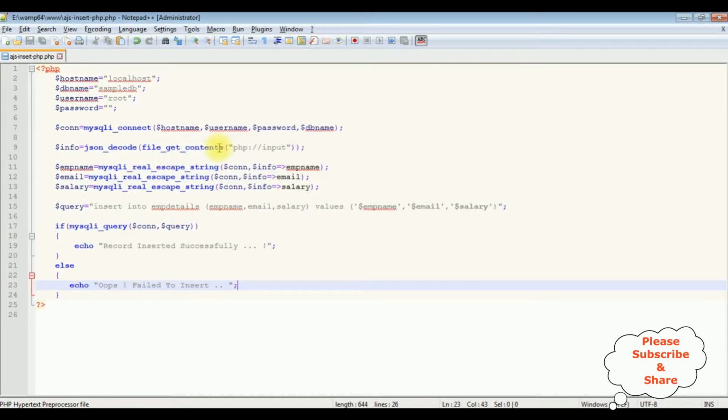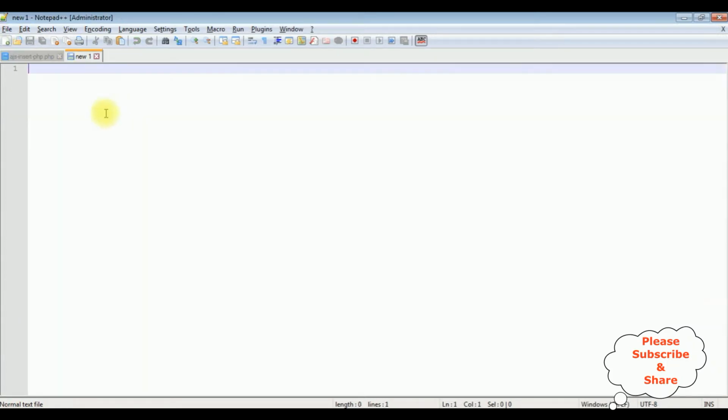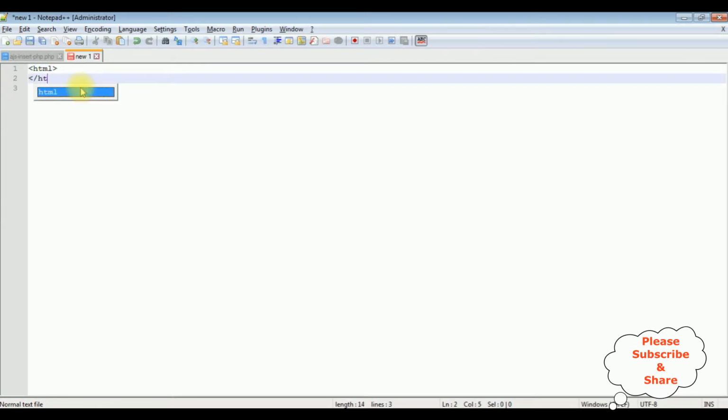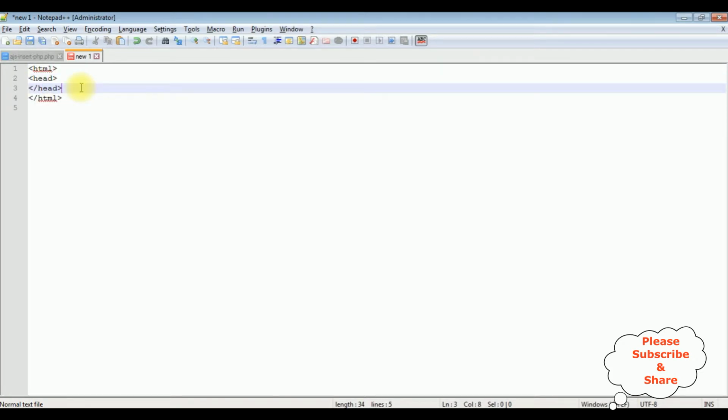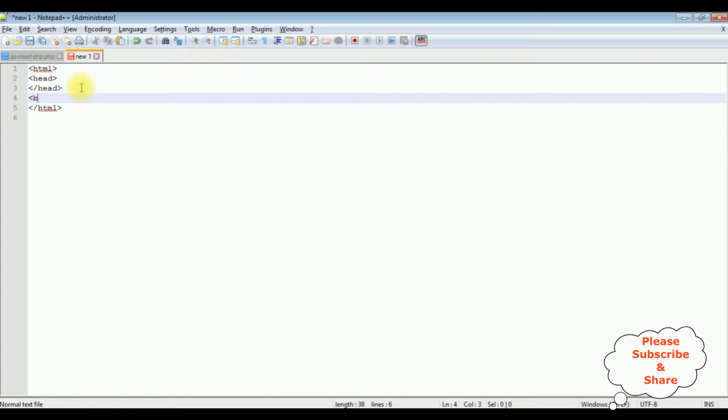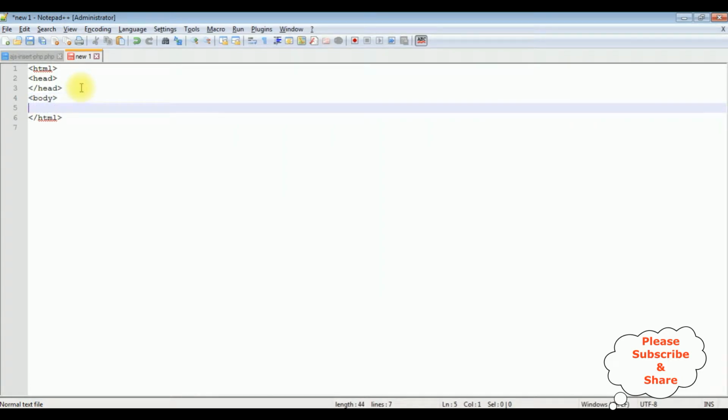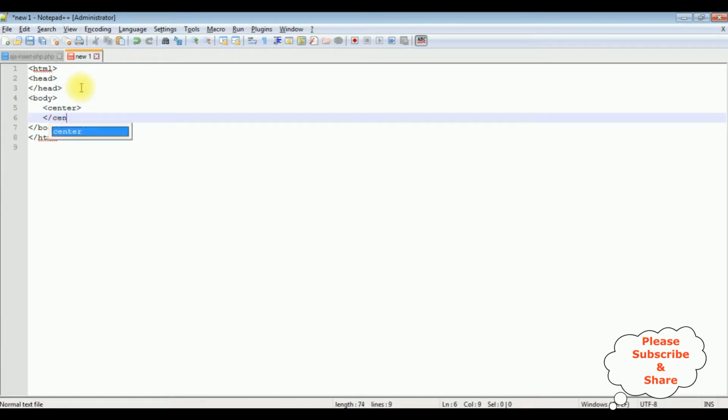Now the final part, we have to add the AngularJS functionality. For that I'm adding a new page. In this new one page I'm adding HTML code, HTML, header section. I'm closing the header section. After the header section I'm adding body tag. I'm closing the body tag. Now between this body I'm adding center tag, closing center tag, h1, I'm closing header tags,